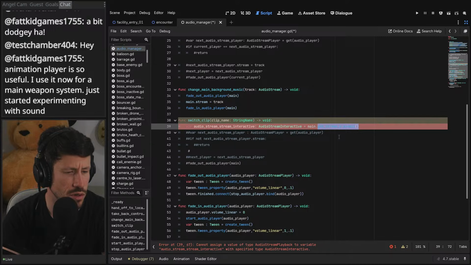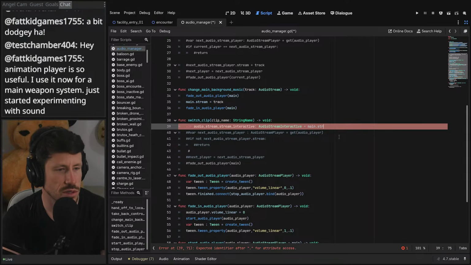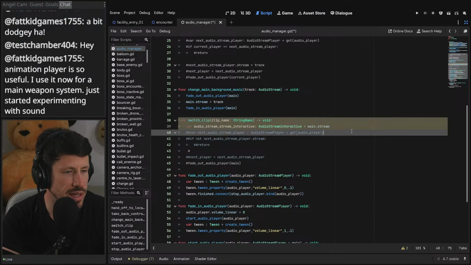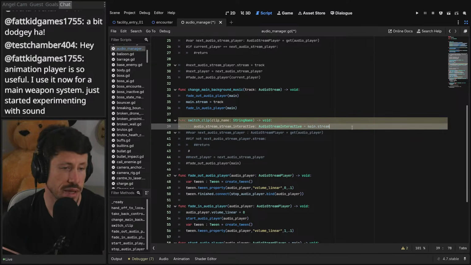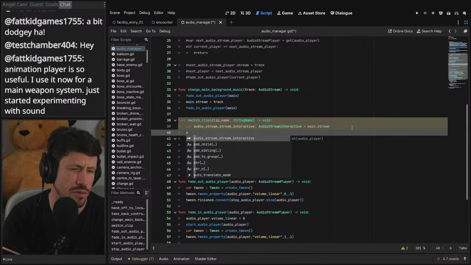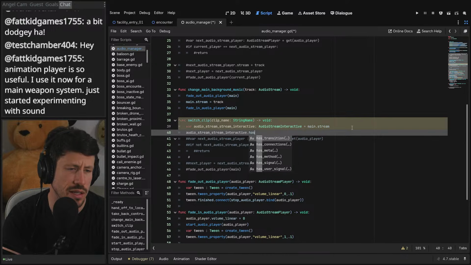Cannot assign audio stream playback. Yeah, so we actually just want stream. I wonder, can you just get stream? Whatever. We're going to get the stream, which will be an audio stream interactive, and we want to test. I believe you can go audio stream dot interactive dot has